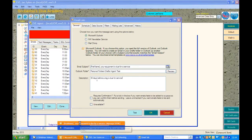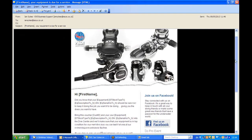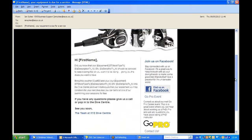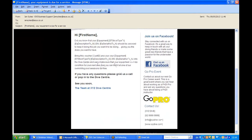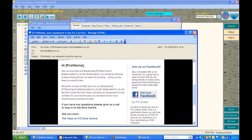To show you how that template will appear, these are templates available for you from the Paddy Islands site. There is the template I'm using, pre-created for you with merge fields. The one aspect of editing you will need to do is to clearly check that the content is exactly as you want, but also where you see aspects such as the team at XYZ Dive Center, you will clearly want to enter in your own Dive Center name and your own Dive Center contact details. So returning now to the email job itself,